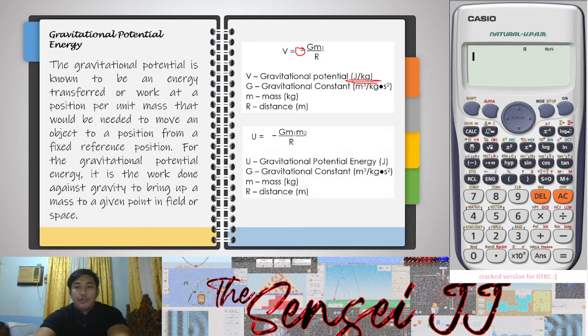And we have universal gravitational potential energy, which is in a unit of joules. So since it is potential, we have joules per kilogram, but if it is energy, we have joules. Same values, we just got a level up from gravitational potential, which is V, to gravitational potential energy. So we have just V and U. The formula is the same. We just adjusted our usage to it.